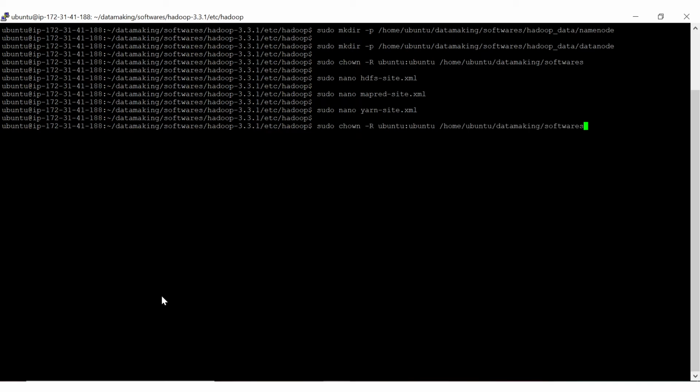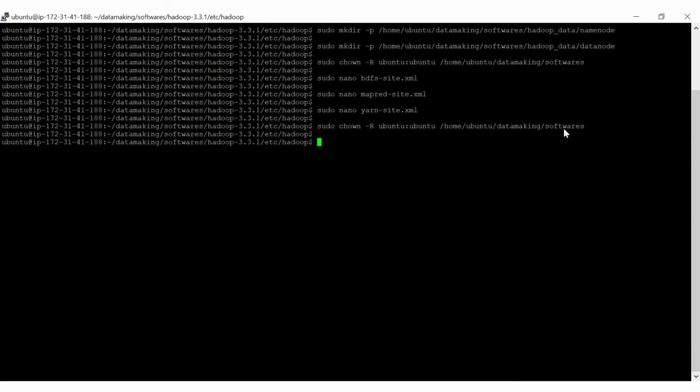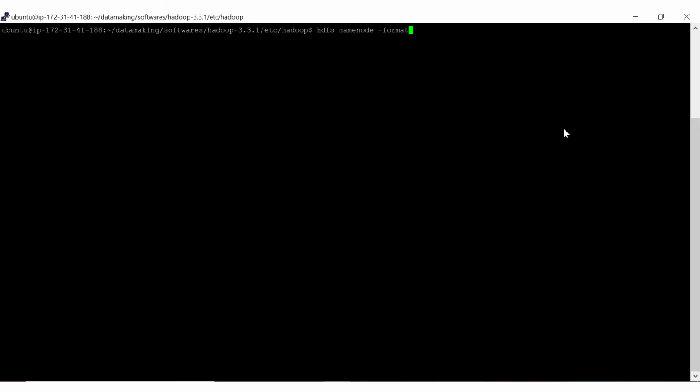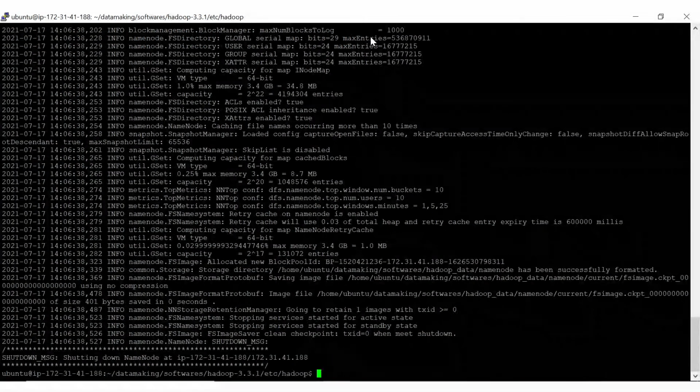Once you make all these changes, set the ownership for the Ubuntu user on this location and make sure it has proper ownership, and then you need to format the name node. Once you do all the Hadoop related configuration, the first step is to format your HDFS. The command to format HDFS is hdfs namenode -format. This will format your HDFS.